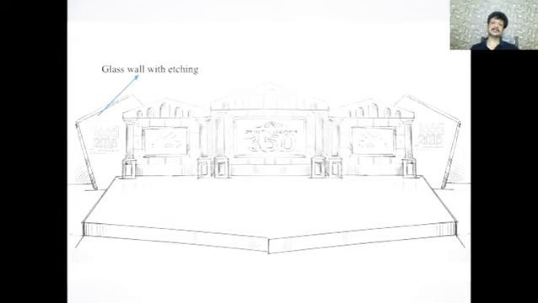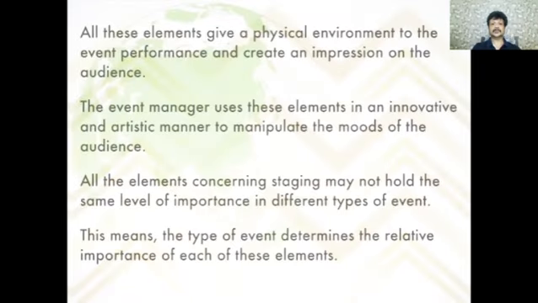An interesting part is the glass wall with etching, because we designed this theme for a company that makes glass. Since the company makes glass, we thought we'd do something related to glass. So we created a wall which is etched. That is a glass wall which is being etched. Okay, so we move further, as we discussed all the criteria before in a presentation.